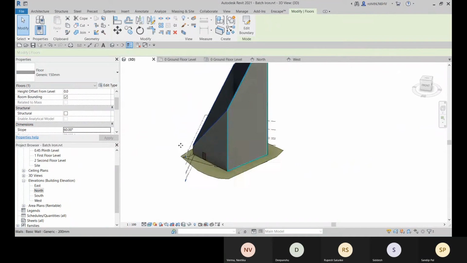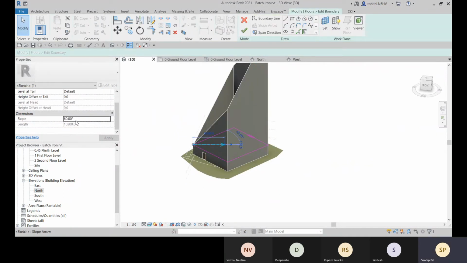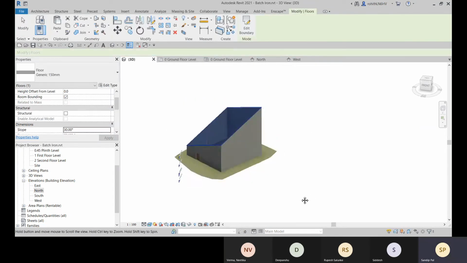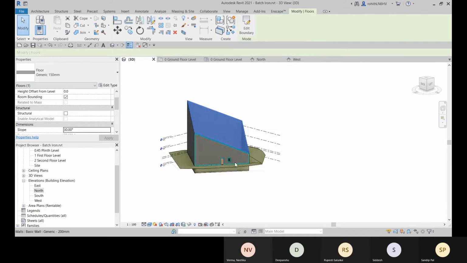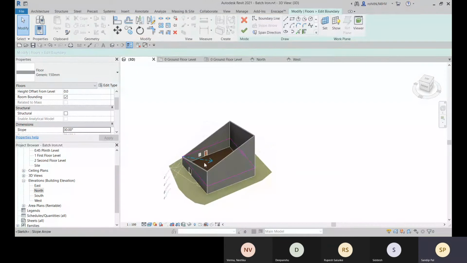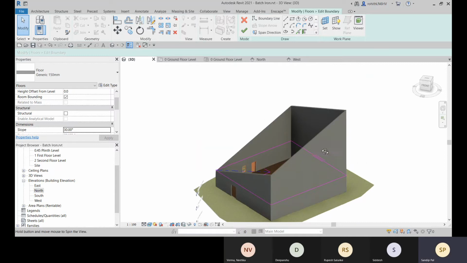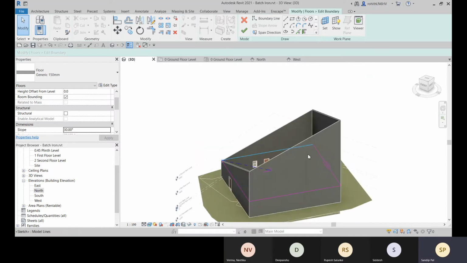And let me select it and let me go with 30°. Go for attach. You can see that we are providing the slope this direction. Okay, that is the 30° slope we're providing.